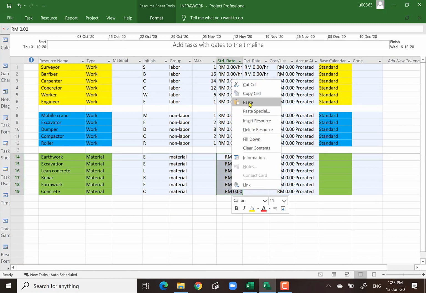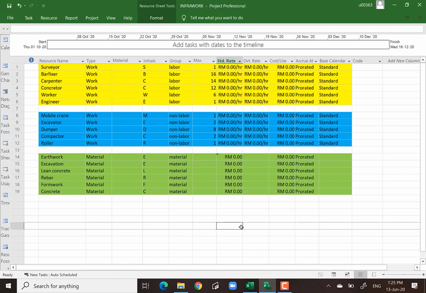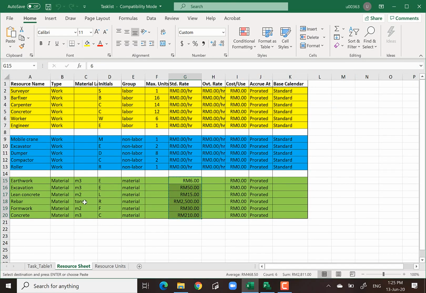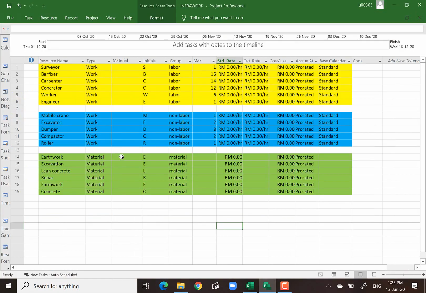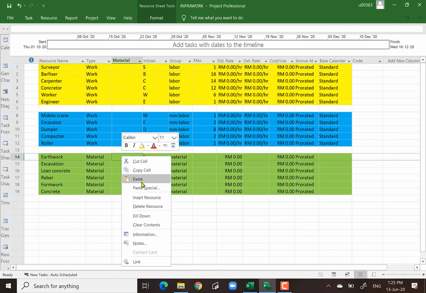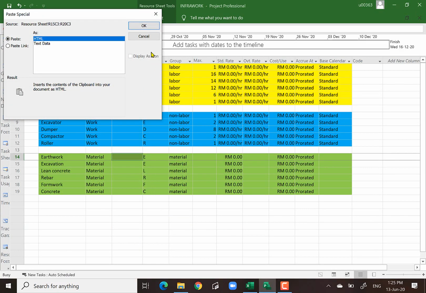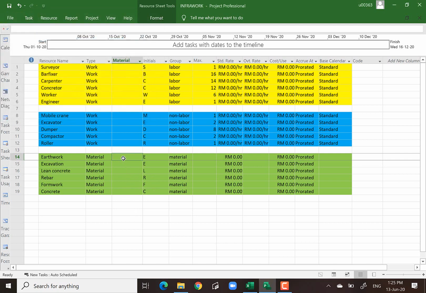Try to paste, it's just not giving me the right things. Never mind, you just try to copy this thing, copy, and then try to put it here. No. Okay, never mind. If it is not being copied properly, then we just simply type in